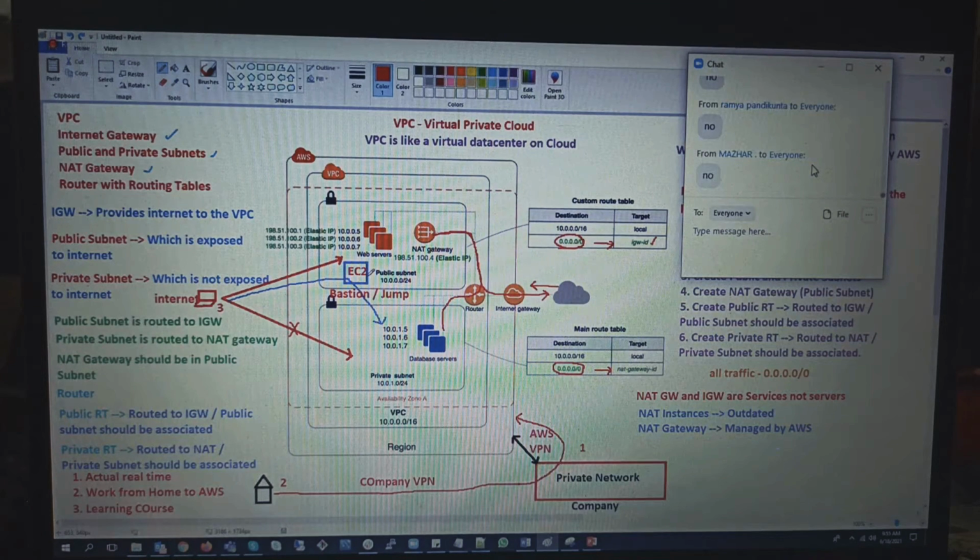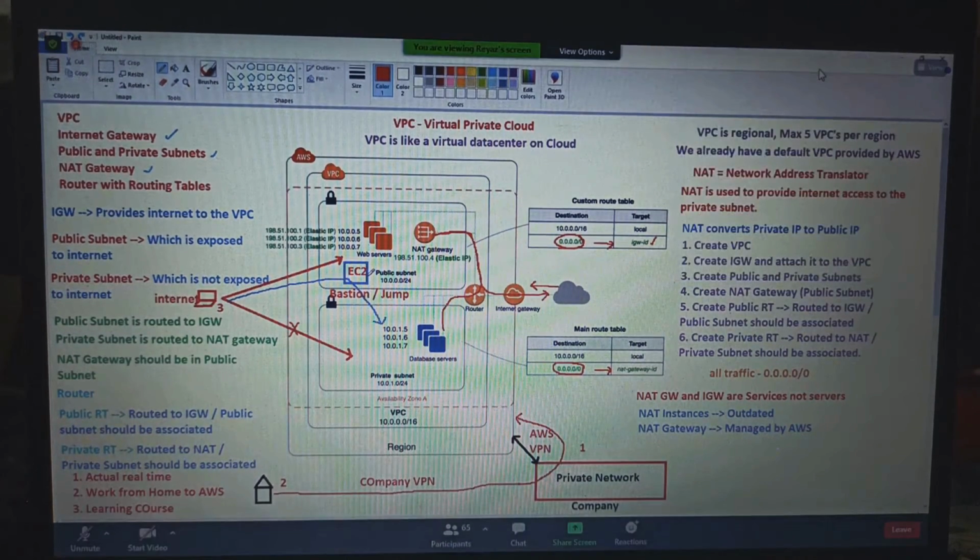Okay. Now, there will be a different question again here. Guys, who is the guy who will be providing internet to your private subnet? NAT gateway. Right. So, there will be a customer who will come and say, in my private subnet, I don't want to have internet.